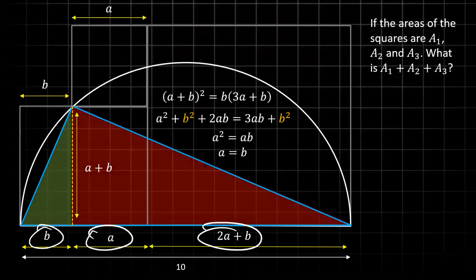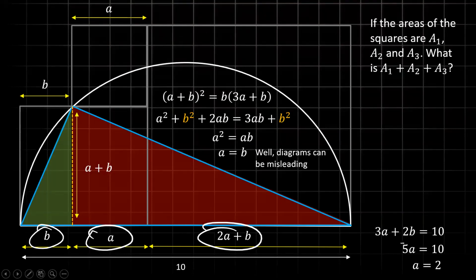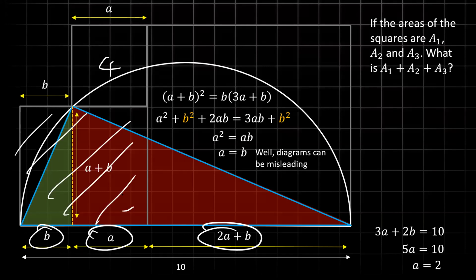If you simplify this, using similar triangles, you'll get that A should be equal to B. Yes, Sathika, that's correct. Now you have to change your perspective. Since A is equal to B, 5A is equal to 10, so A becomes equal to 2. You're done then. What is there to solve now? What is the area of this square? A squared. How much is that? 4. What is the area of this? A plus B, which is 2A again. 16. Done. What is the area of this now?